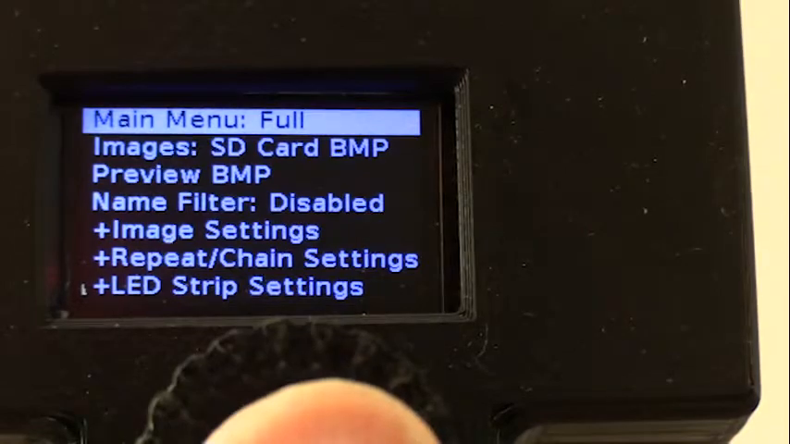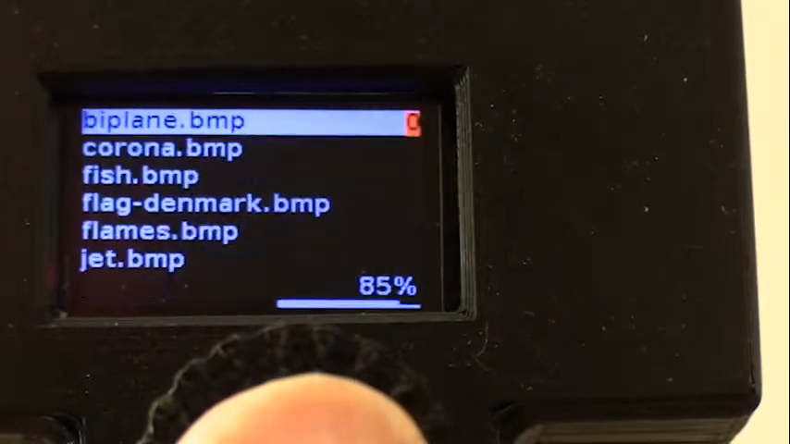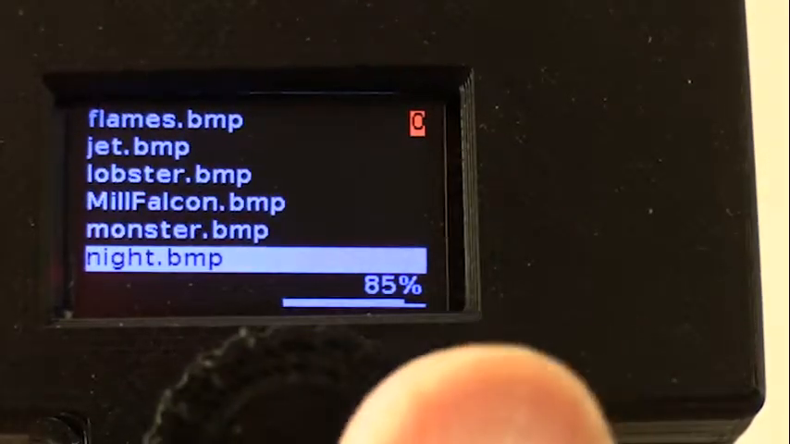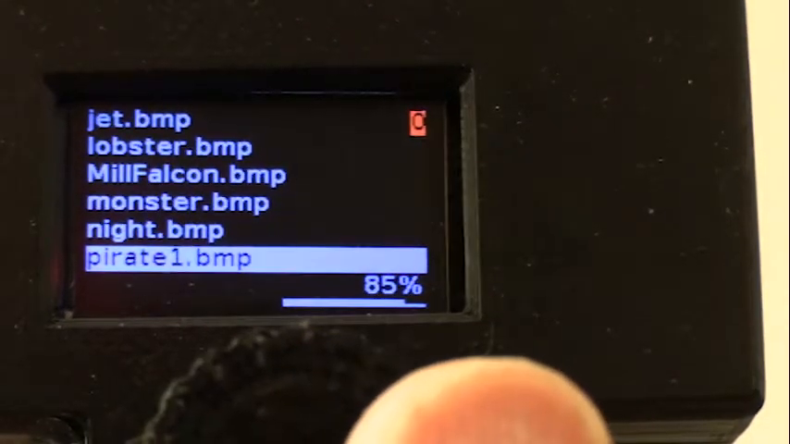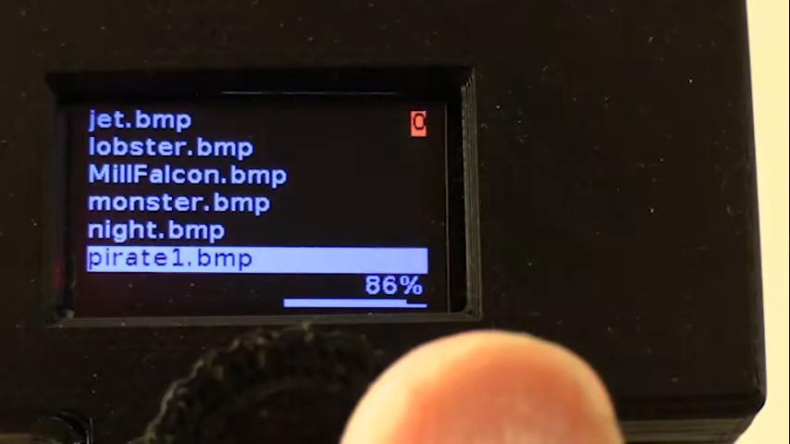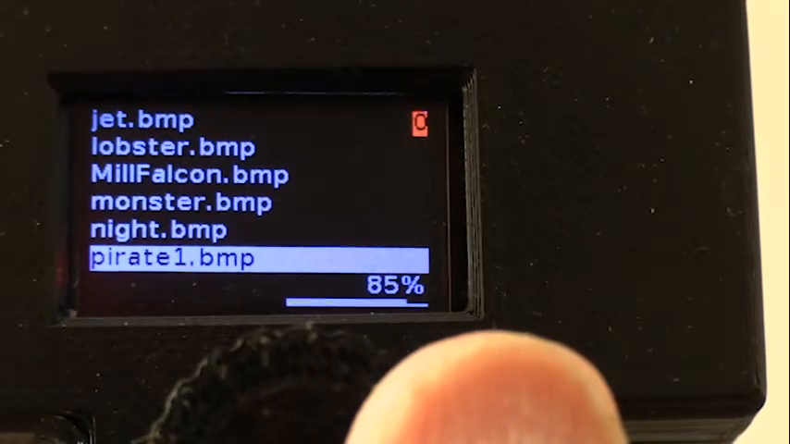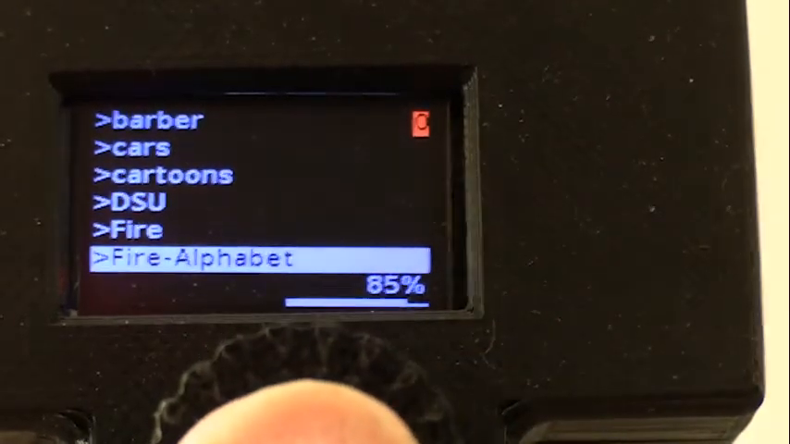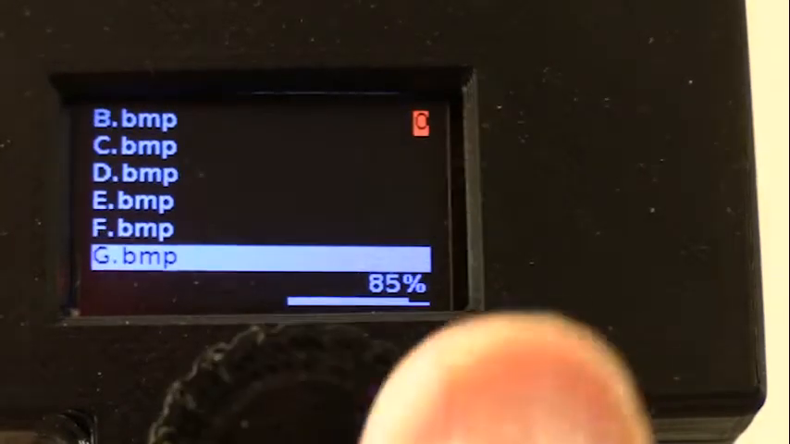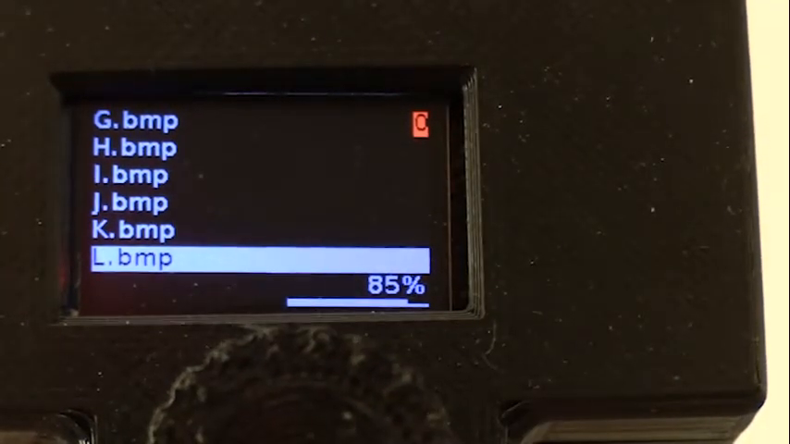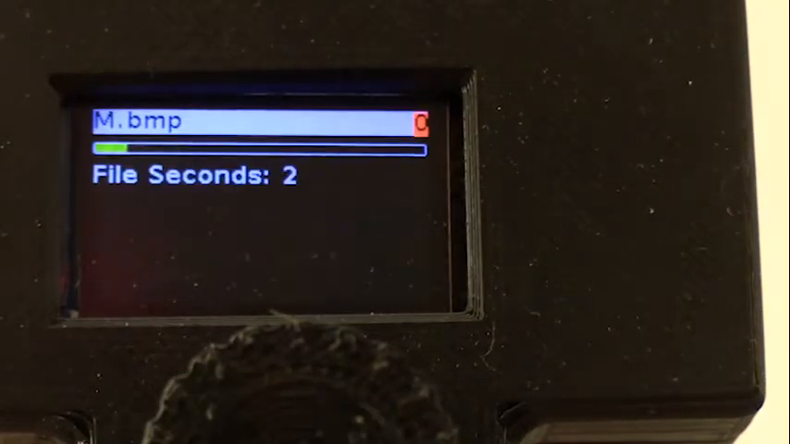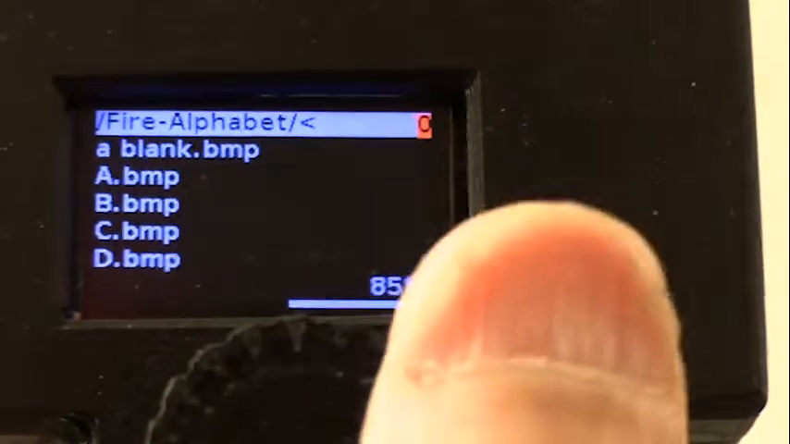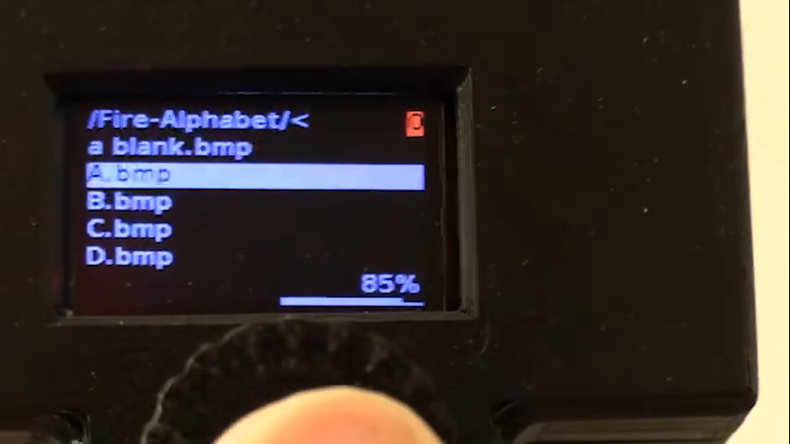Okay, now I'll do a long press to get back into the files, and you'll notice in the top right corner there's a little red number, 0 in this case. That's the macro that we are currently recording. So we're going to go down to Fire Alphabet, click on that, and then we'll click down on M. Click on that and it will play it and make a little note that it recorded it,